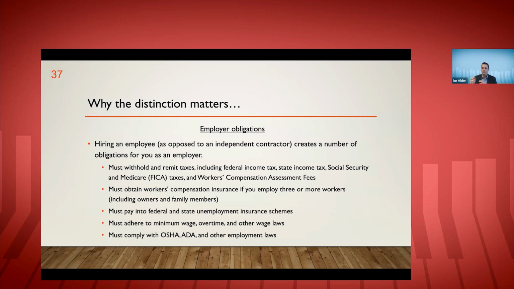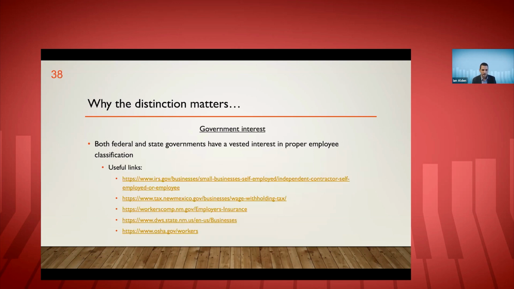The point of this presentation is to emphasize that these tests are here, they're real, and if you fail them, the person you're hiring has to be treated as an employee. If you treat them as an independent contractor anyway, you do so at your own peril, because misclassification comes with a lot of penalties and fines and often back due taxes and so on. So really, if they're an employee, treat them as an employee. Like I said, the government has a lot of interest in this. These are just a handful of governmental entities. A lot of them will make a fuss if you've misclassified employees.